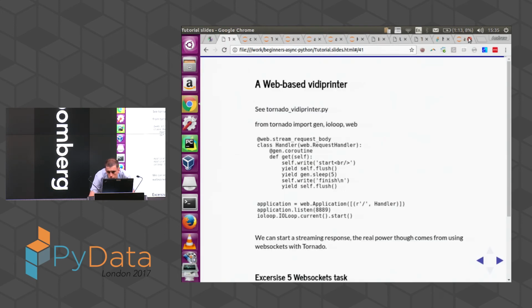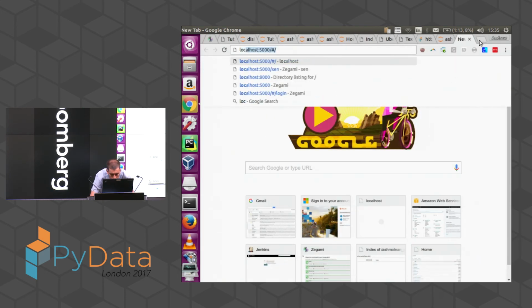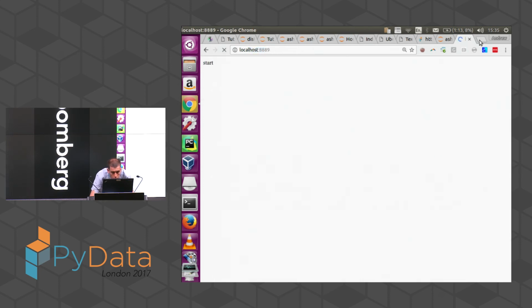So on port 8889. So we see start, and then after a short while, we see finish. And so that's one HTTP request that I'm writing to slowly in my own time. And that's very similar to the way WebSockets work, but I just wanted to create a